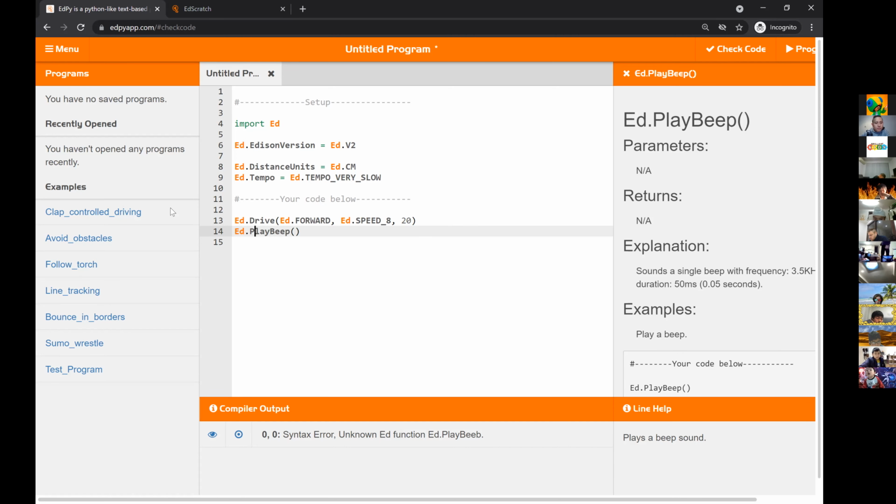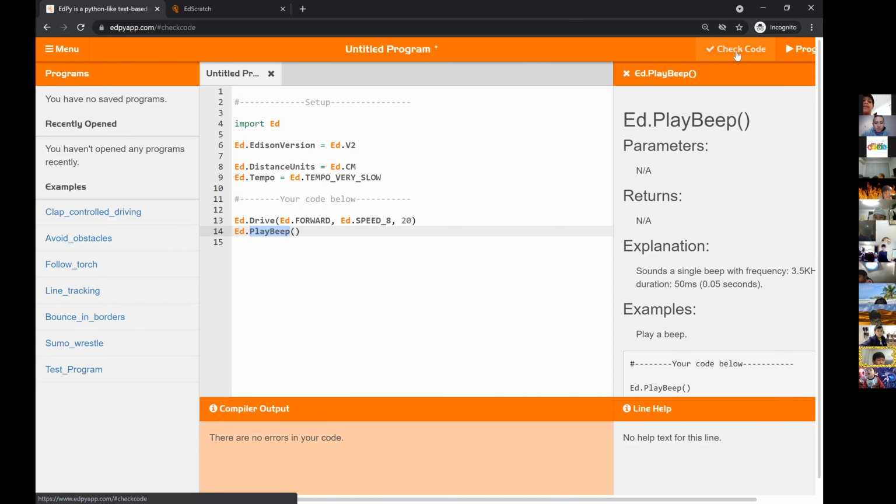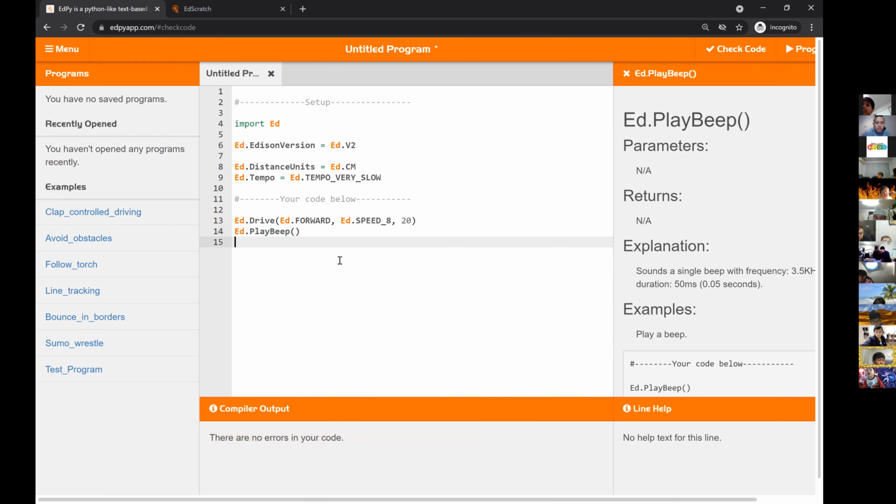So I had a problem. One sec. I recently joined on my iPad instead of my computer, and that's one. The second thing is my Edison is not beeping when I program it. It'll be a very small beep. So this is what the beep will sound like. No, there's no sound at all. Was there an error here? There were no errors. It just didn't come.